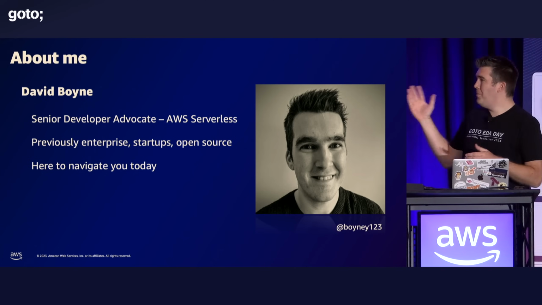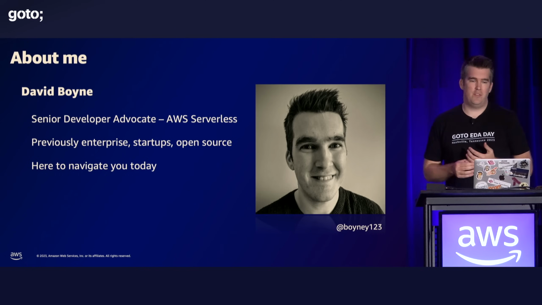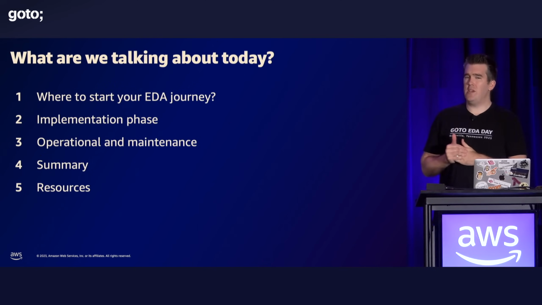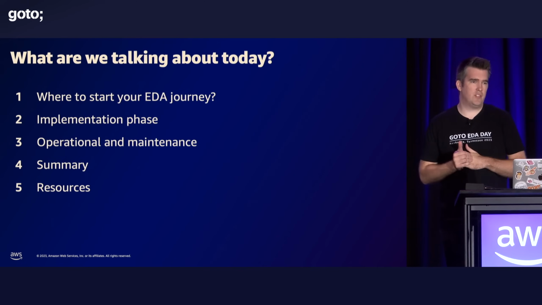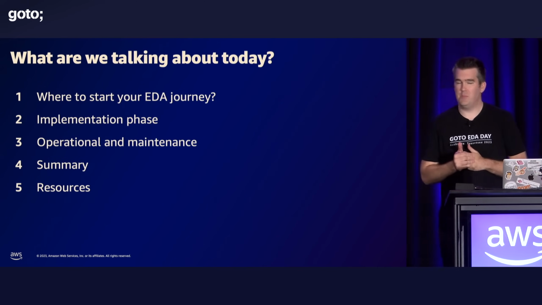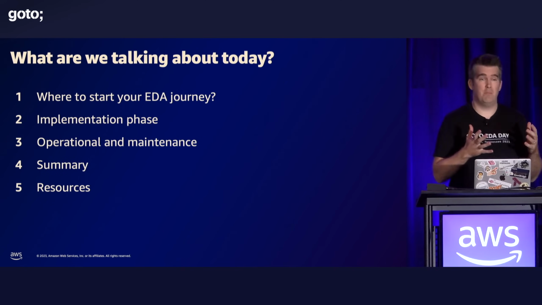And my job here today is actually to navigate you through this journey of an event-driven system. And this is what we're going to be talking about. So the first question is, where do we start when we build event-driven solutions? Now, there's a common path, and we'll be speaking about this. We're going to be speaking about the problems with this path and why we might want to do something else.